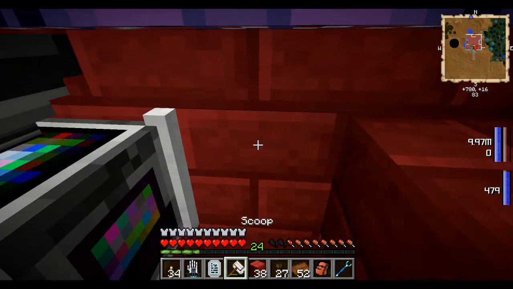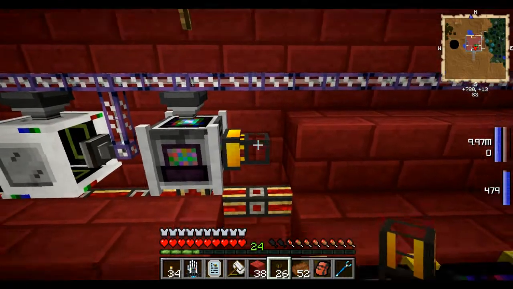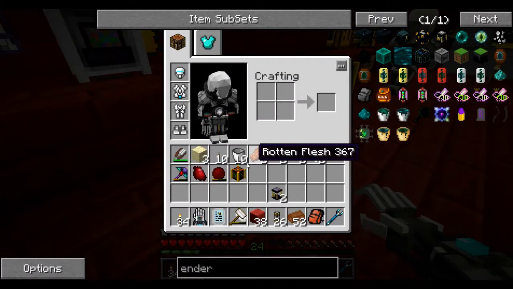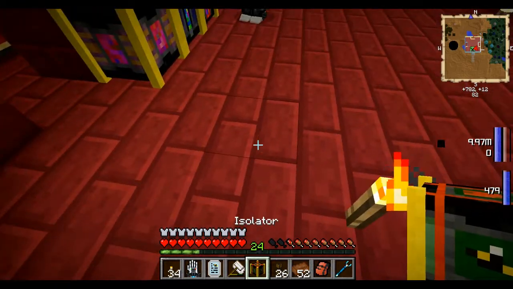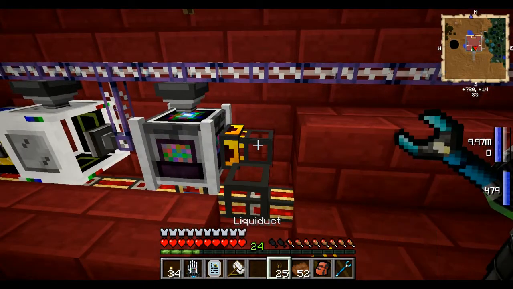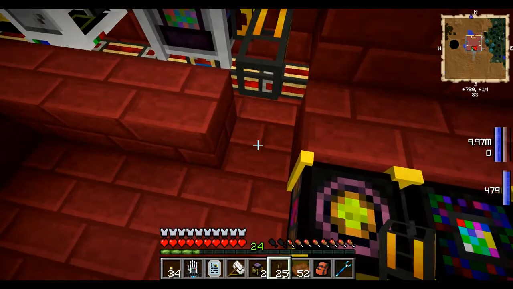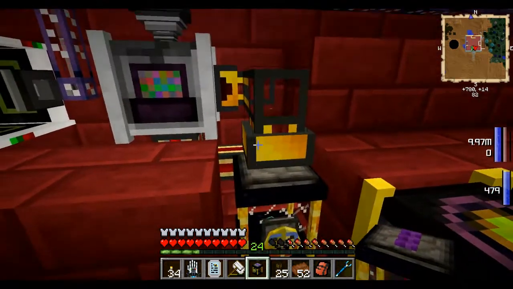Oops, give me back my cables. I need to move that machine. It's going to be in the way. There we go, that'll do. And liquid duct here, and finally ender tank here. Okay, and